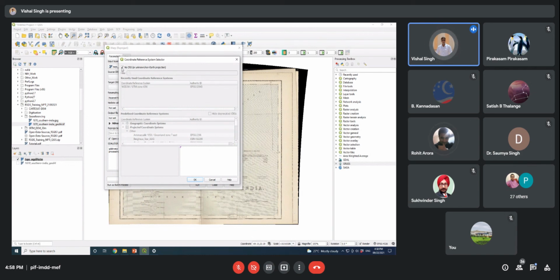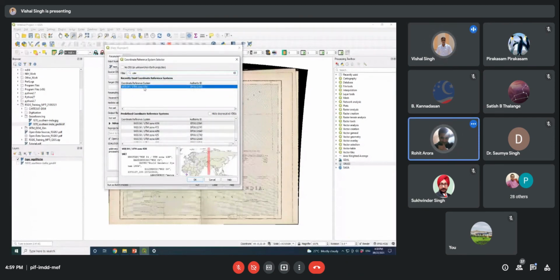Then you can go for unchecked. Then you can select the UTM. You can write UTM, something like this you can put. So automatically it will show you. Here you can see it's coming. Once you select the